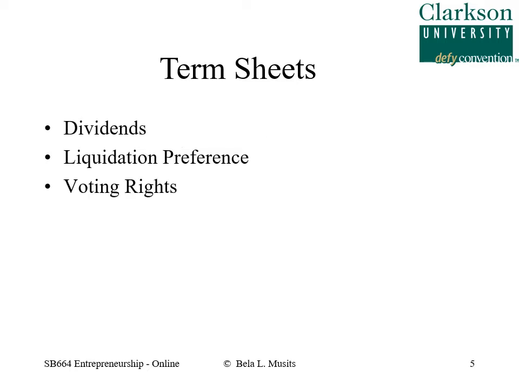Okay, we're going to talk about dividends. Almost every investment in preferred shares done by an institution like a venture capitalist or other private equity firm is going to carry a dividend with it. This is not a cash dividend. It's a dividend where just a number of shares accrue. And usually that dividend interest rate varies from 4 to 6 to 8 to maybe 10%. It depends a little bit on what's going on in the marketplace, how attractive the investment is, but it's fundamentally a sweetener for the venture capital firm to up its investment